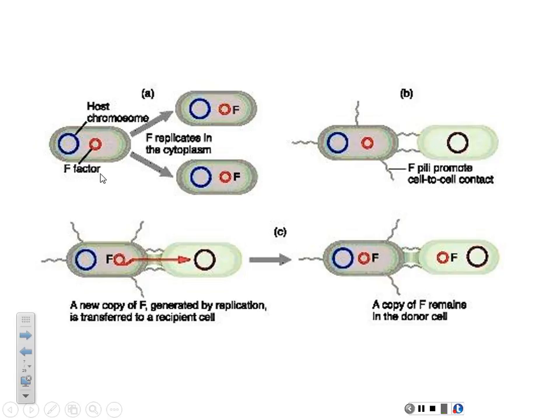Bacteria with F pili, just the plural for pilus, a bacteria like E. coli with F pili poking out of its surface is set up, it's ready to go to poke into other E. coli, particularly ones that don't have F pili. All right? It's kind of a male-female kind of thing going on here. And so the E. coli with the F pili can poke into E. coli that don't have an F pili,